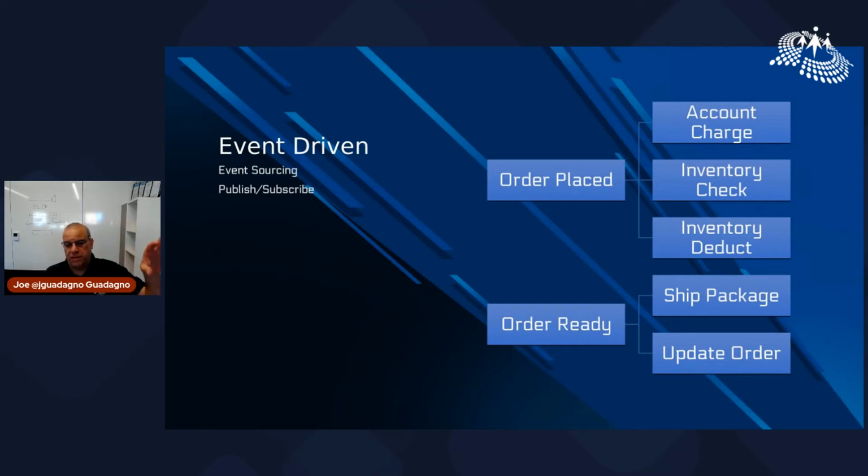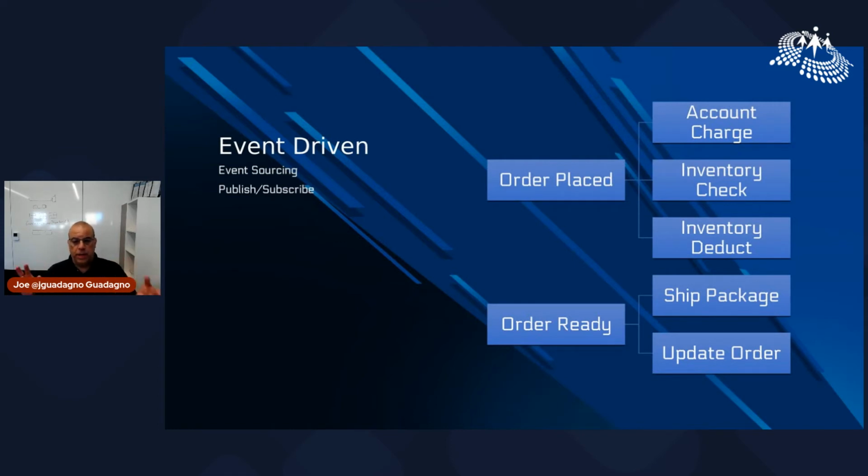the previous example, the person clicked, I want to order something. The website, or the controller in this particular case, says, hey, there is an order placed. So now the application has to fire this order placed event. And it says, okay, when an order is placed, I know I need to do this account charge. I know I need to go to the inventory check. I need to deduct the inventory. Once all that's done,